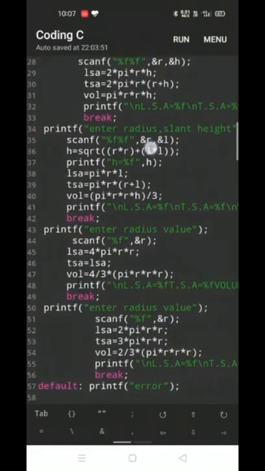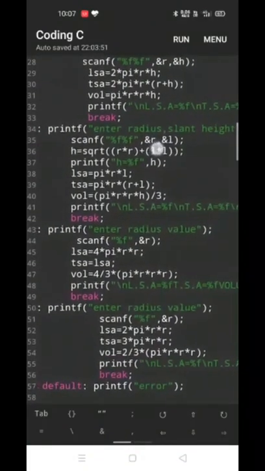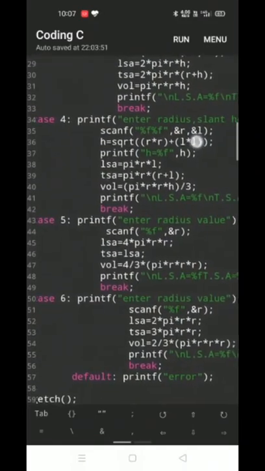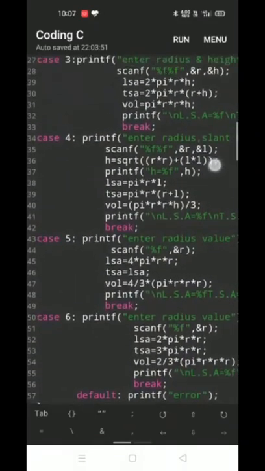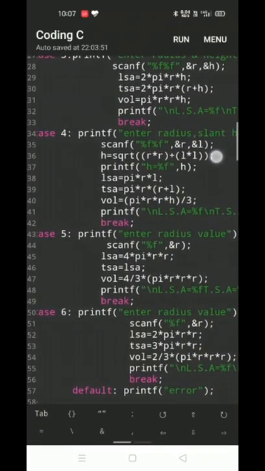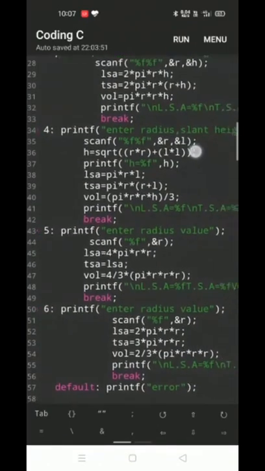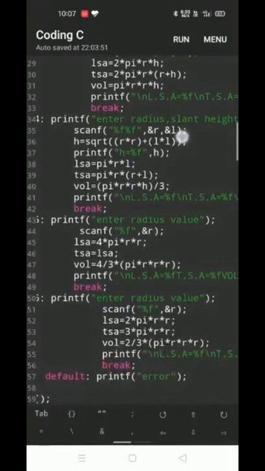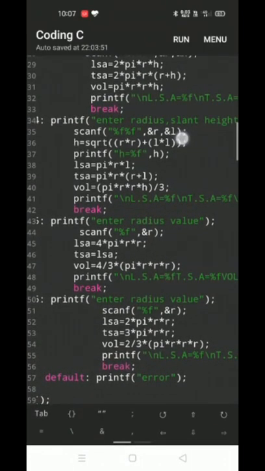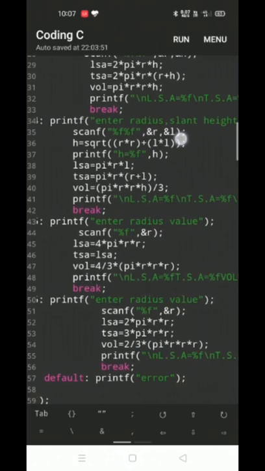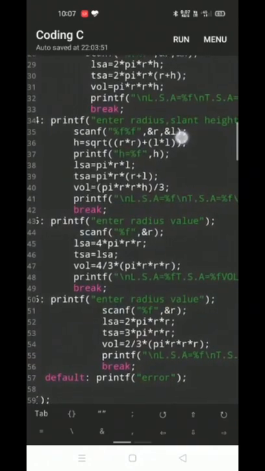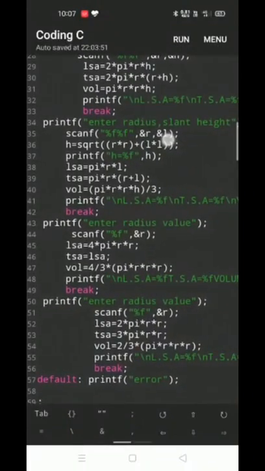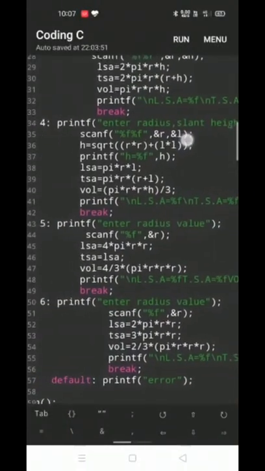We print those values using the printf statement followed by break, which ends the case. And last but not least, the hemisphere, which represents case 6. It also needs a radius value. We are calculating LSA as 2 pi r square, TSA as 3 pi r square and volume as 2/3 pi r cube. We are printing all those values using the printf statement followed by break.